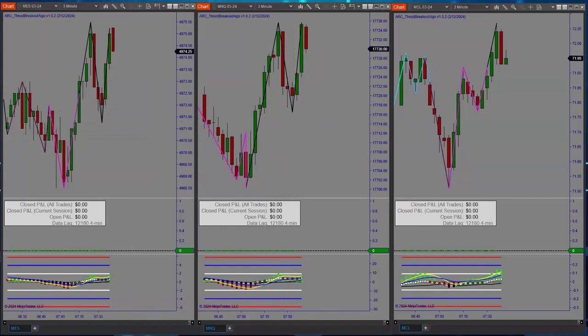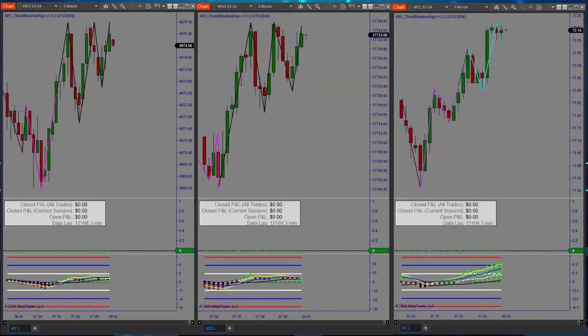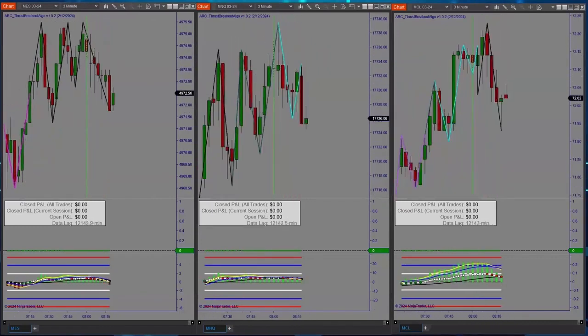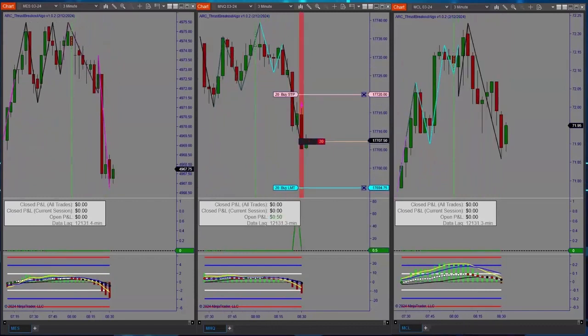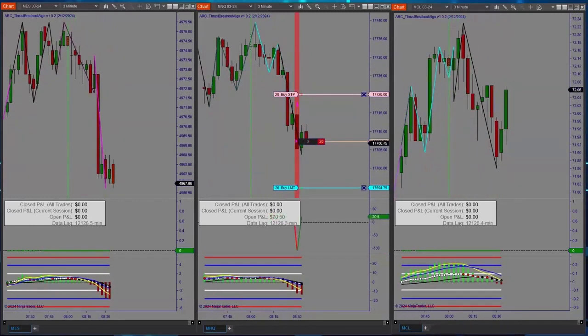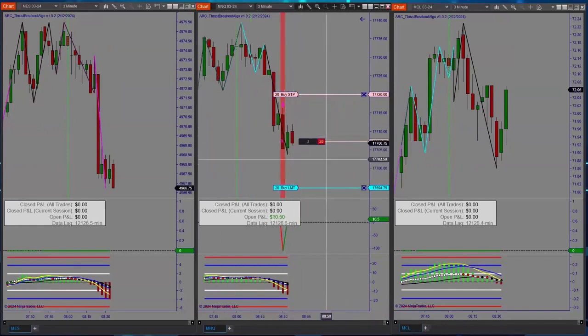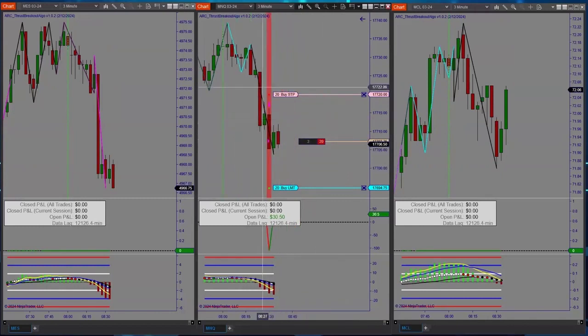I'm just going to go ahead and fire off some trades, let this run through, and take a look and see what it can do. So here we go. Let's dive in. Okay, so we can see we've entered our first trade right here going short. And let's look at the pattern. Let's identify what the algo is seeing here. We've got a drop into a base candle, into another drop candle.